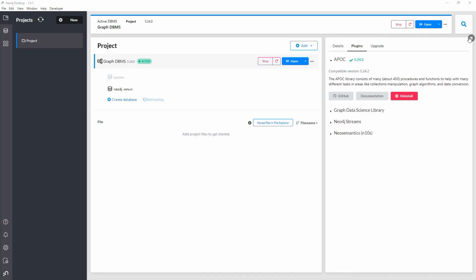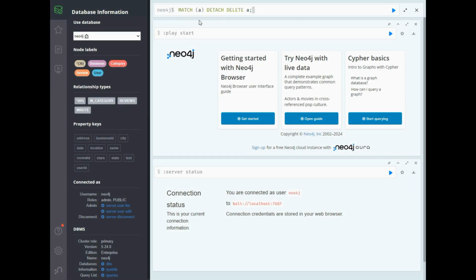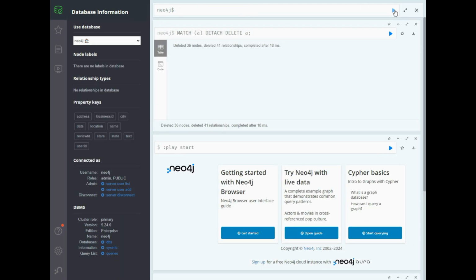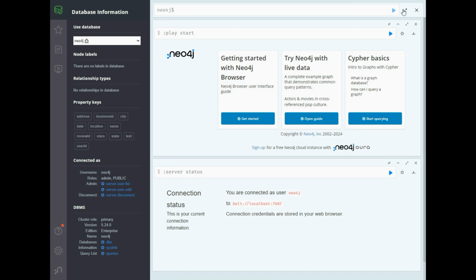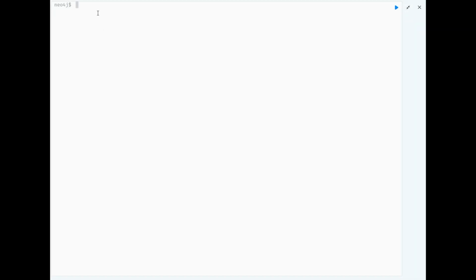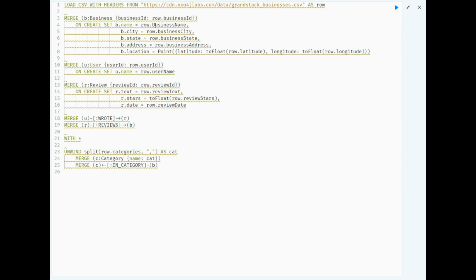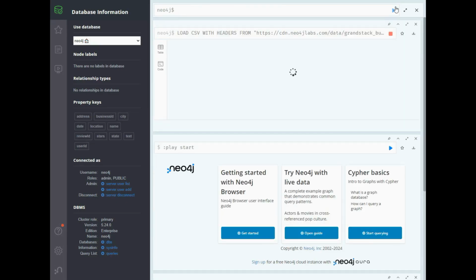Take note to empty your Neo4j database by running the detach delete Cypher statement. Next, let's load our sample dataset.